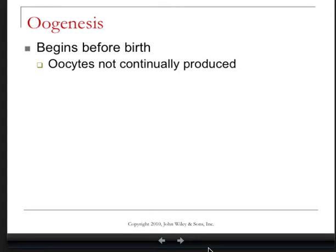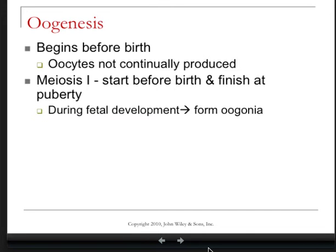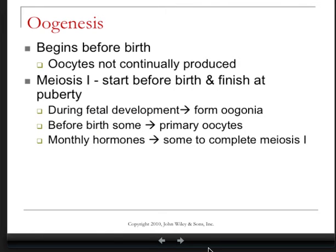oogenesis is actually a process that begins before the female is born. She's still inside her mother's womb. The oocytes are not continuously produced. Meiosis I has its start before birth and then it finishes at puberty. During fetal development, these form the oogonia, which are, again, the stem cells that produce the female gamete. Before birth, some of these will differentiate into primary oocytes, and then the monthly cycling of the female sex hormones